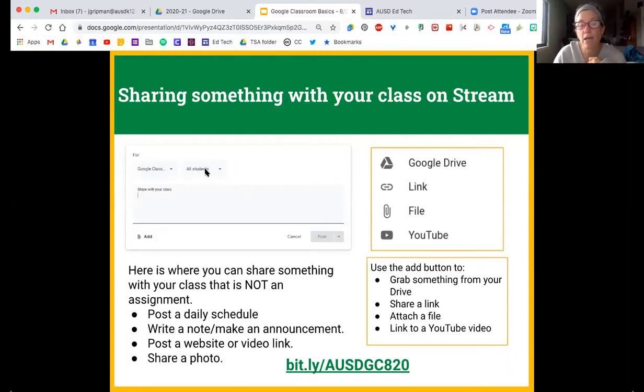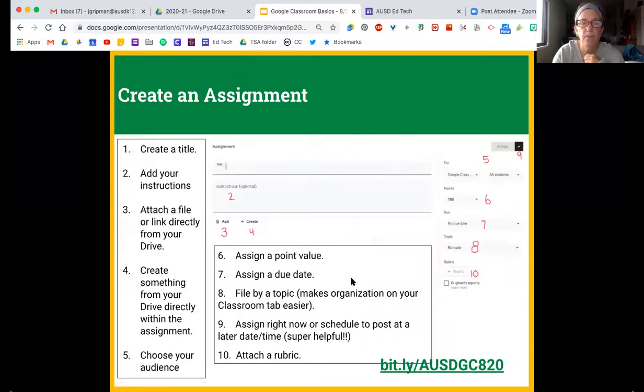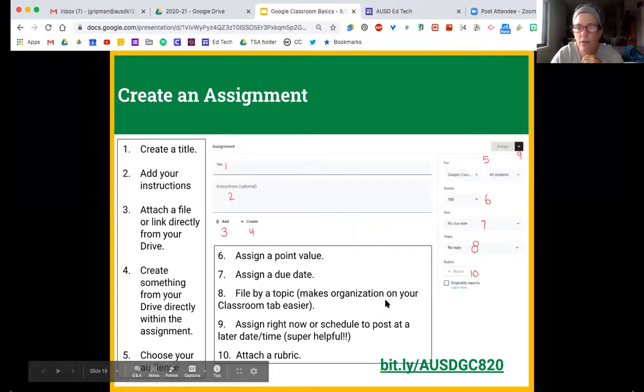This was also great for me last year teaching a combo class. I could hand out assignments to just my 4th graders or just my 5th graders very easily through Google Classroom. So you can, you know, use the add button to share anything with your students here on your stream. When you want to create an assignment, though, you're going to want to go to that classwork tab that I showed you at the beginning, and you are going to click add an assignment. I've kind of walked you through the steps here, 1 through 10, and numbered them with my shaky pen,